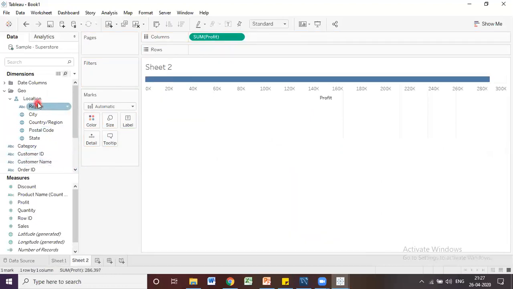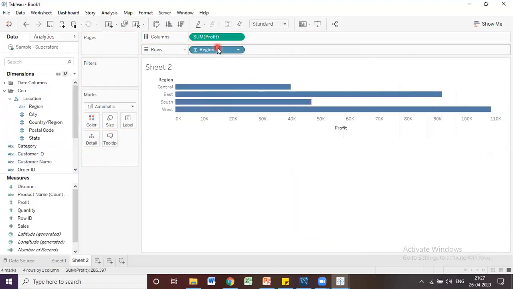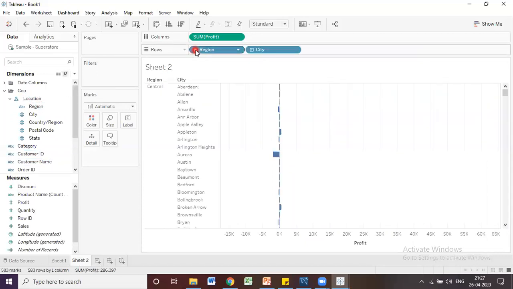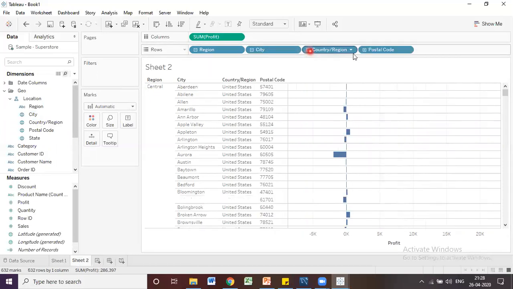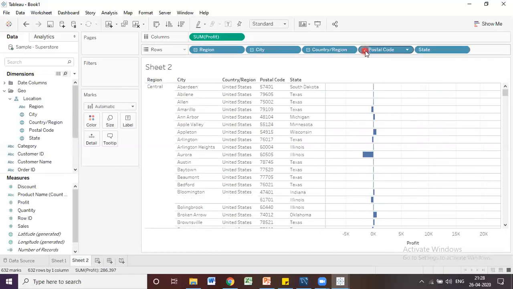Now I am going to drag this region, Location. If you drag Location, now region comes first, because in this hierarchy the first dimension is region. Once you click on it, it goes to city, which means the second dimension is city. If you click on city, it goes to country again. Actually what should happen is country should come first, then city, right? Again, once you click on city, it goes to postal code. Once you click on postal code, it is going to state. The format is not organized